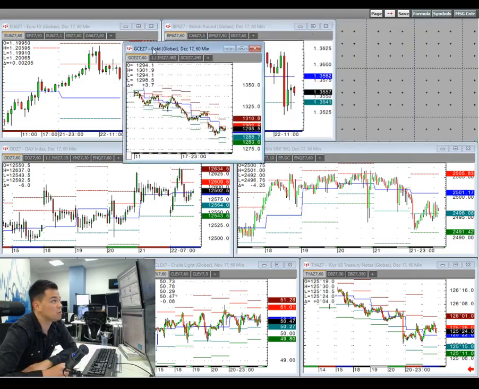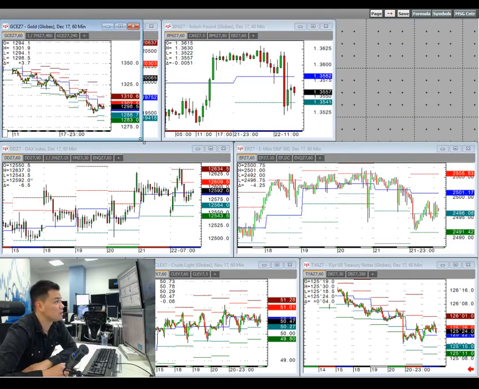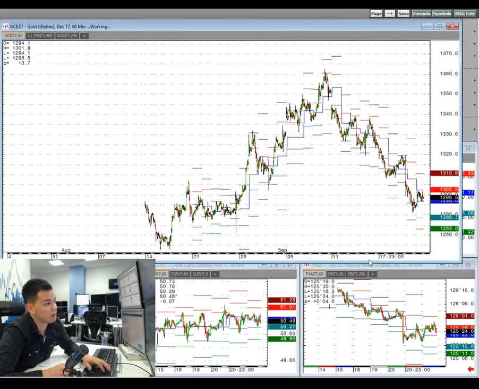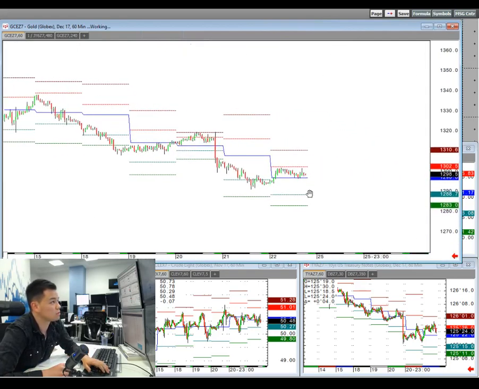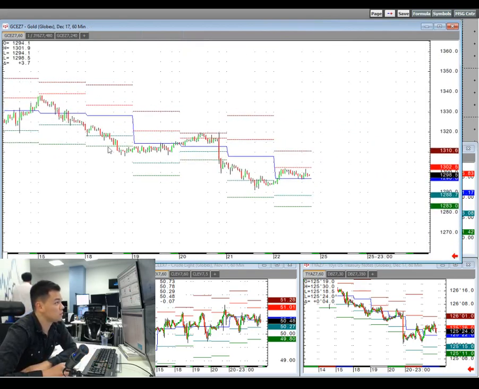So a hawkish monetary policy decision means US dollar strength, and the safe havens, so gold and T-notes, pushing to the downside. Really similar here in gold, Monday, Tuesday quiet. Gold managed to break below the 1300 psychological handle, now turning to resistance. As you can see, this level acted as a really strong resistance level yesterday and today for the whole day.